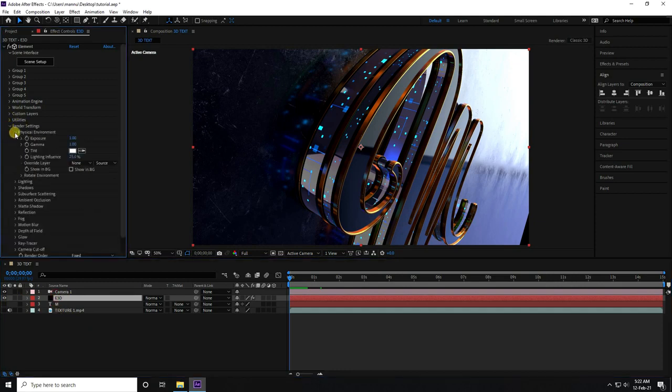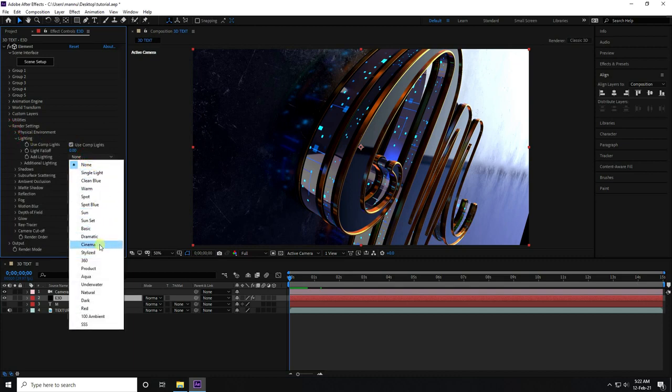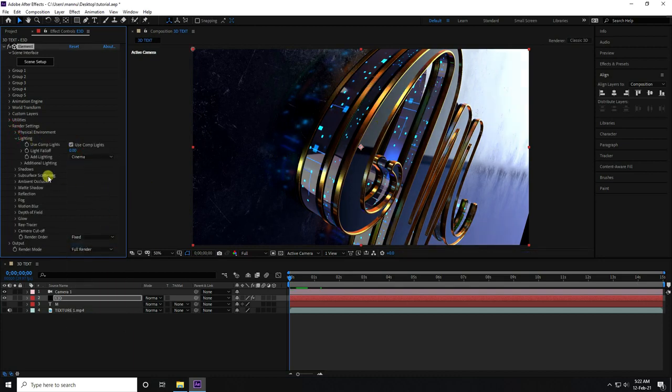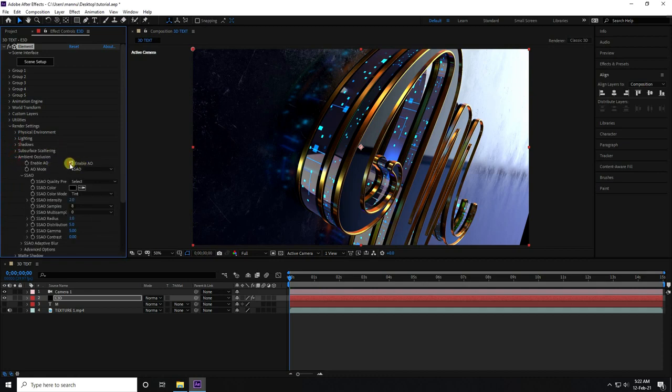Go to physical environment is good, and lighting, I use cinema. Yeah, good. And go to shadow and shadow check, and go to ambient occlusion check, and select to use high.